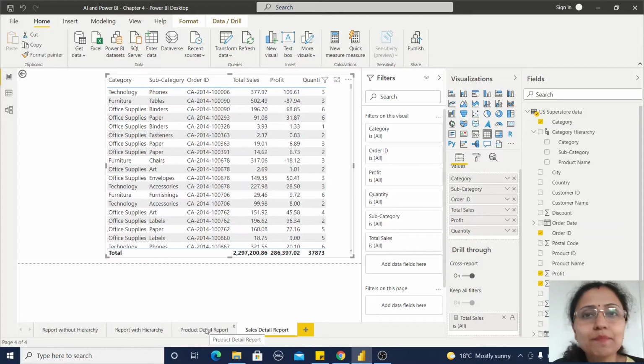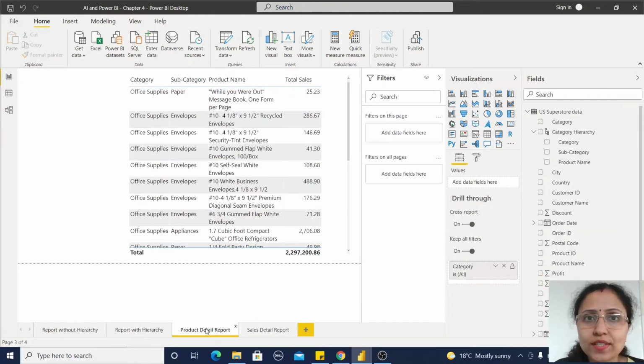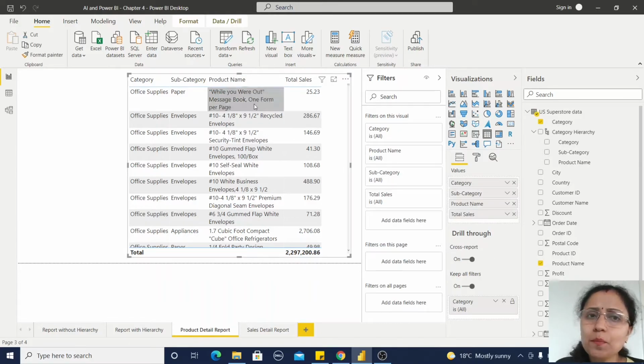Then I'm creating another detailed report, that is the product detail report. There I'm also adding category and subcategory, product name and total sales. So this is the product name information level. Here in the drill through section, I have added this category field.